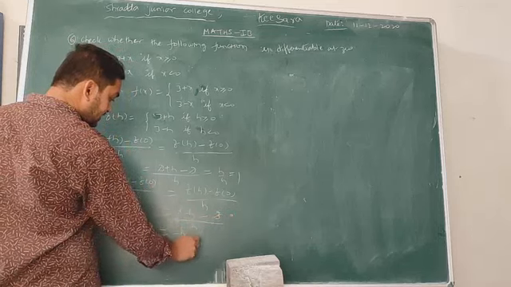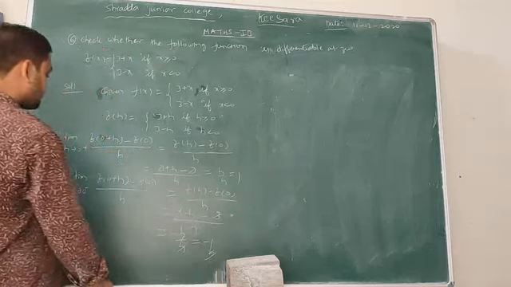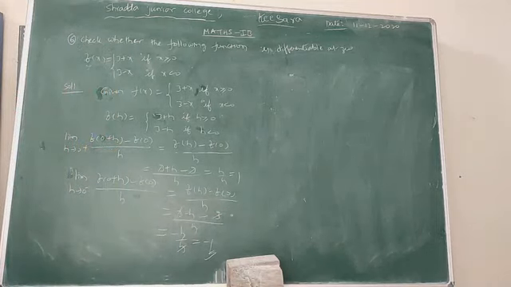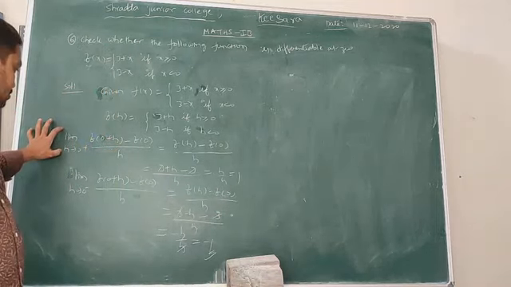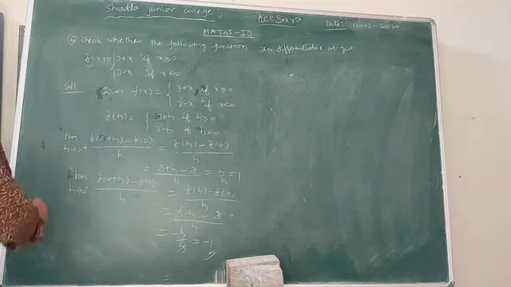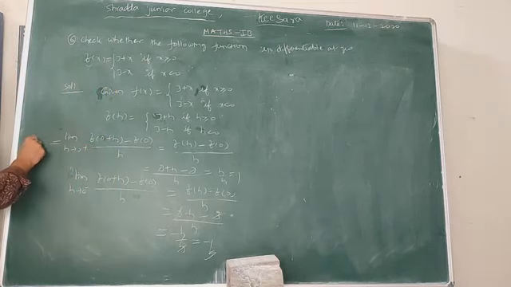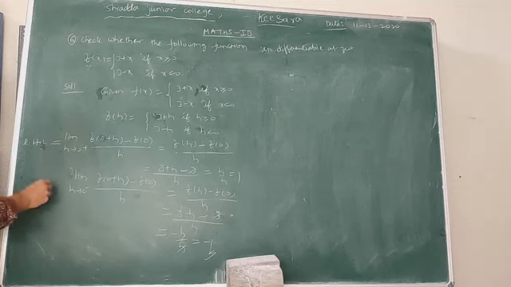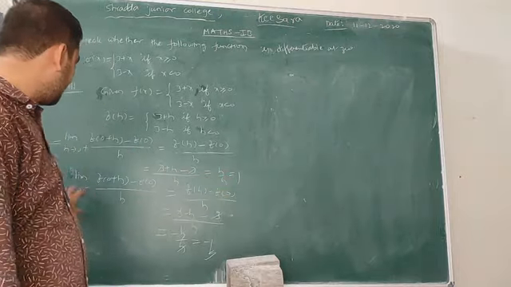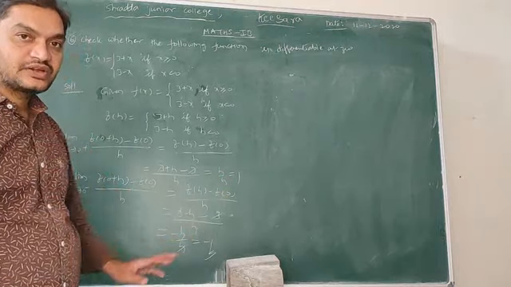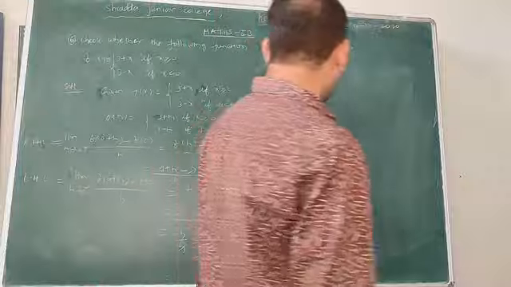Minus h by h. H gets cancelled. Now this is equals to what? Minus 1. See here, limit h tends to 0 plus means right hand limit. This is equals to what? RH, right hand limit. Left hand limit, right hand limit equals to 1. Left hand limit equals to minus 1. So therefore,